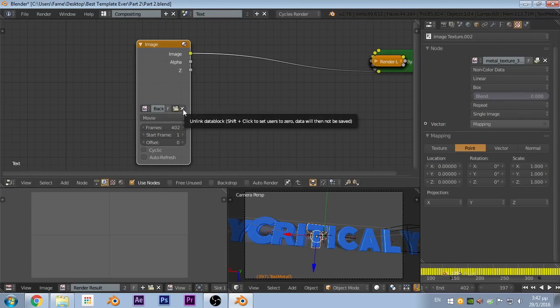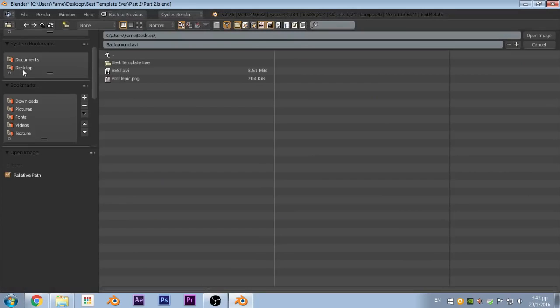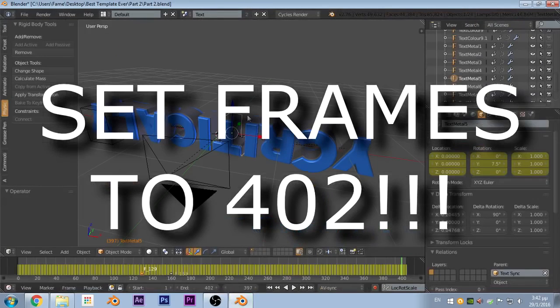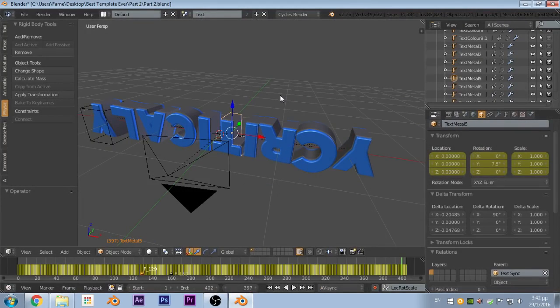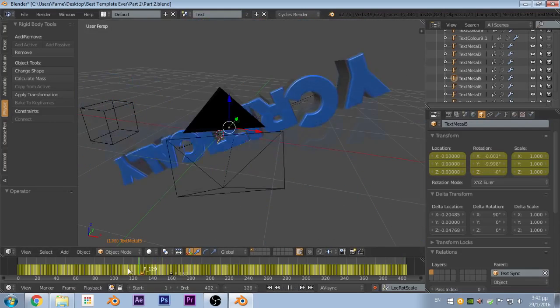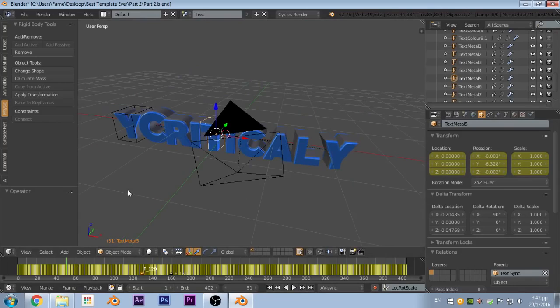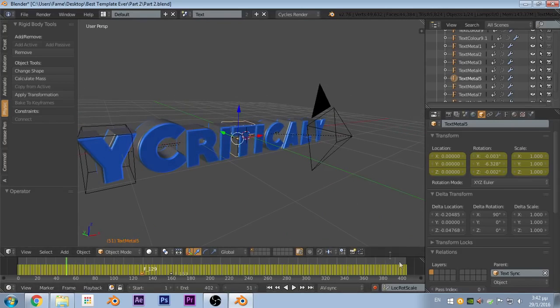Over here, you want to click this file thing, and choose the background file you found in there. The reason we're doing this is because if you do not do this, you will have a pink background because of the lack of the background, and that's because Blender did not pack, unfortunately. Once that is done, you want to choose your frame over here. I've baked the animation, that's why this whole thing looks